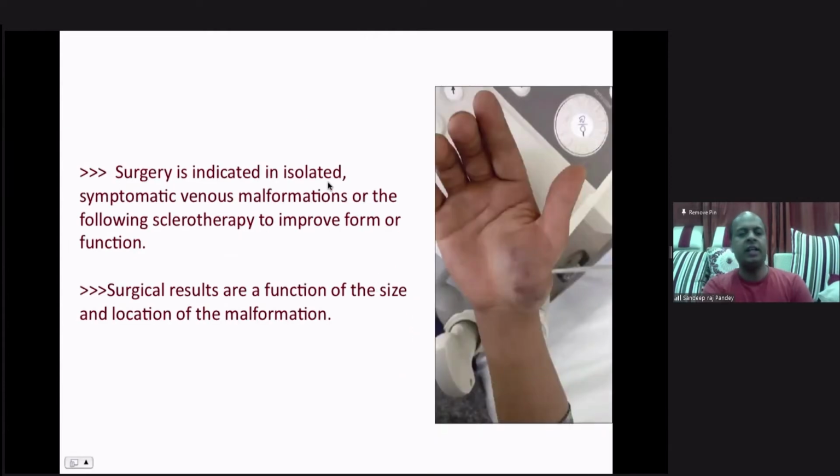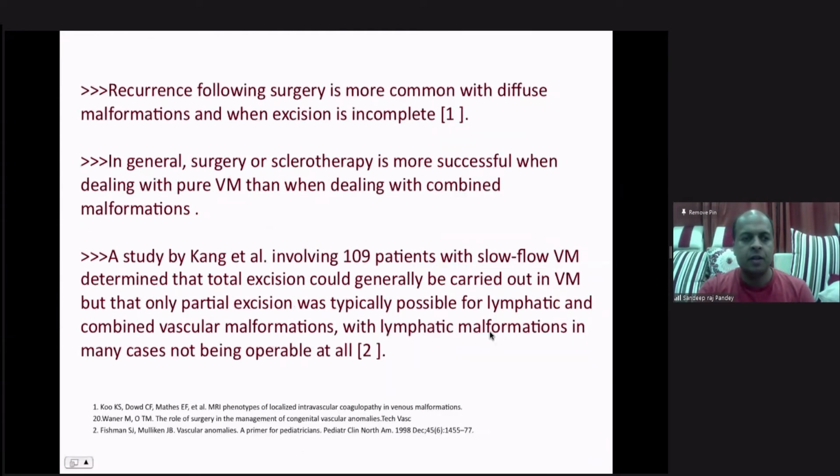So surgery is indicated in isolated symptomatic venous malformations, or following sclerotherapy, to improve form or function, appearance. Surgical results are a function of the size and location of the malformations. Recurrence following surgery is more common with diffuse malformation and when excision is incomplete. In general, surgery or sclerotherapy is more successful when dealing with pure venous malformation than with combined malformations,